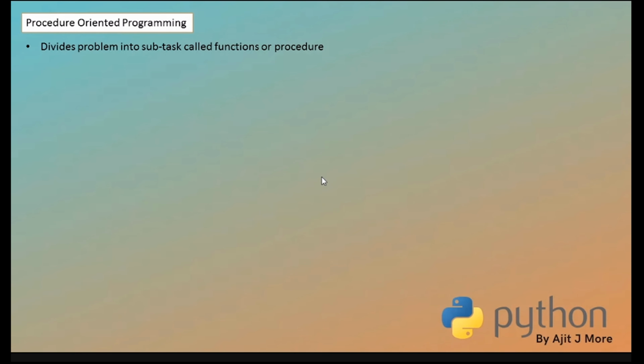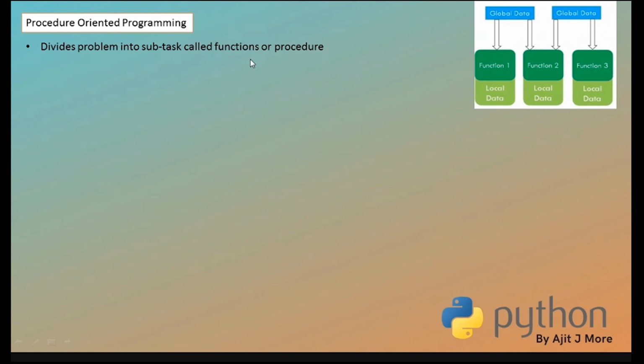So the main problem was to generate a pay slip. We divided it into three subtasks: accept the data, do the calculation, do the printing. But there can be some information which is to be shared, so obviously you have to keep it global. Pictorially, the problem is divided into subtasks, and each subtask we call a function. Every subtask can have its own data also, which is called local data. But if these subtasks want some data to be shared, it is kept global.